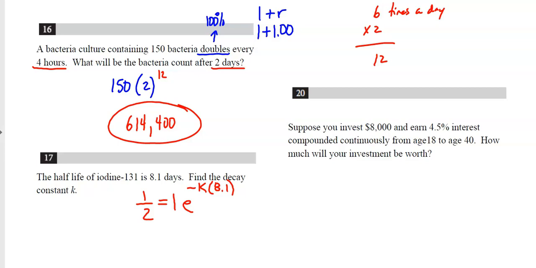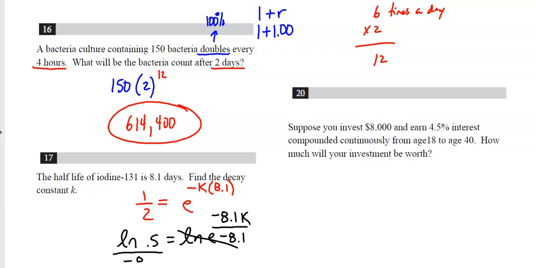Well, 1 times e, I can just get rid of the 1. I actually changed 1/2 into 0.5. I'm going to do the natural log of 0.5 equals the natural log of e to the, I'm just going to reverse these so it looks a little more normal. And natural log and e are inverses. They cancel each other out. So now to solve for k, I'm simply going to divide both sides by negative 8.1. Divide by negative 8.1. And I got an answer of k is approximately